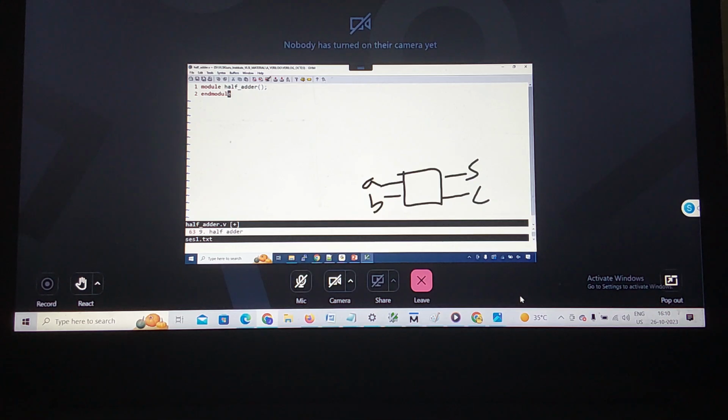Whenever you write module, you write the opening brackets and just say end module. Clear? Then here you have to write the list of ports. What all ports do you see in the diagram? A, comma, B, comma, sum, comma, carry. Now comes the simple thing. What is the direction of A? Input. Output. Sum, comma,